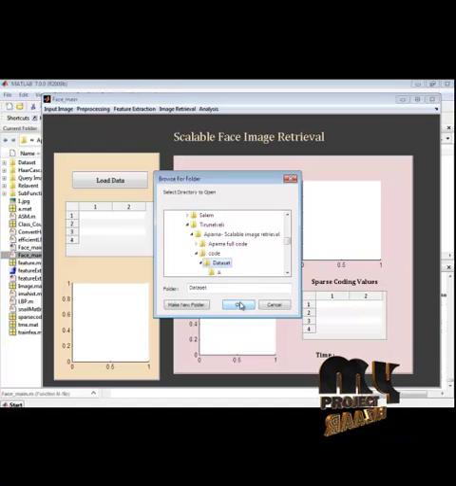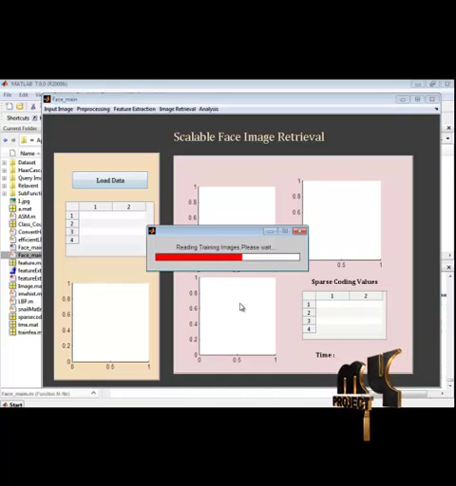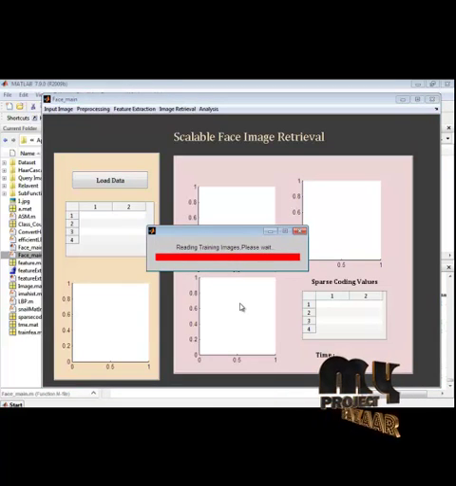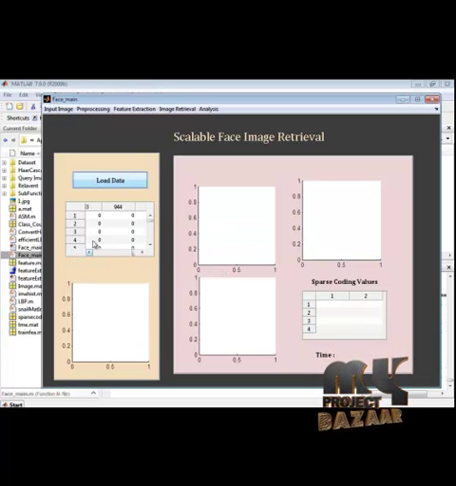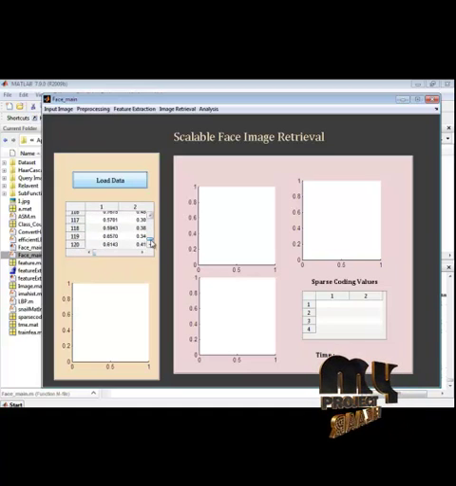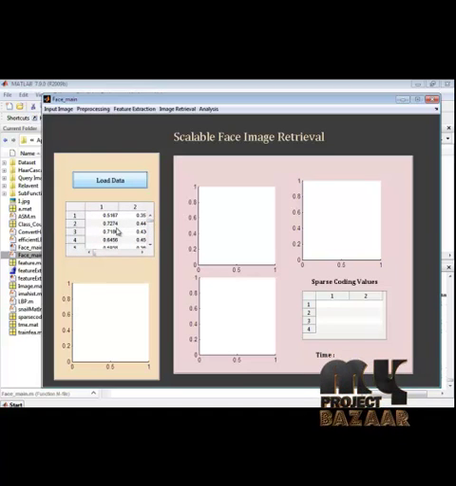Select this folder. The whole database images are read, and then features are loaded, which is displayed in this first table.